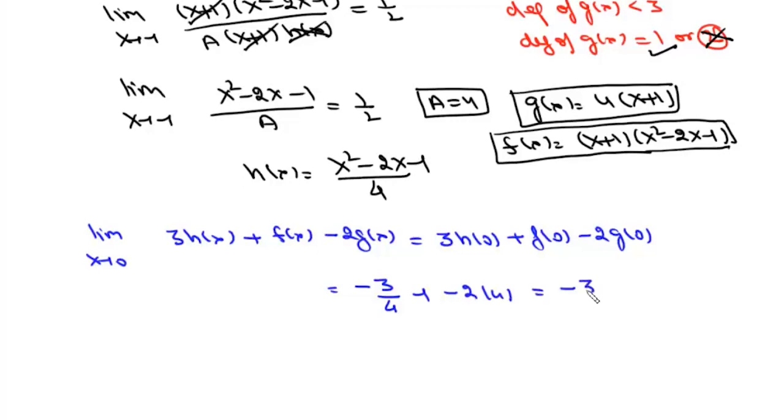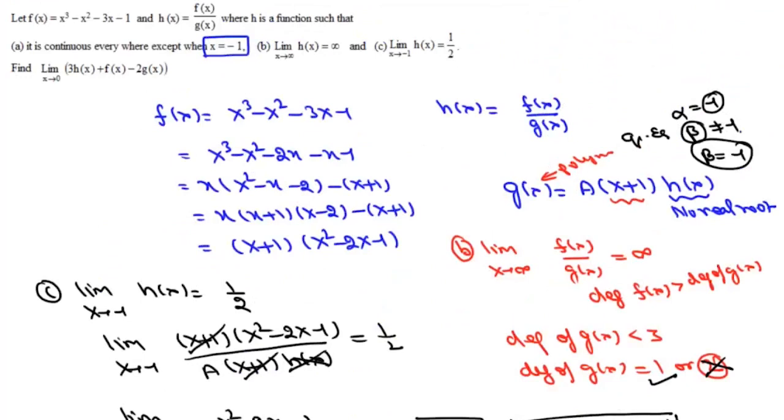36 minus 3 is minus 39 by 4. So value of this limit is minus 39 by 4. Now here the question is, we are given this function f which is continuous on the interval 0 to 1,